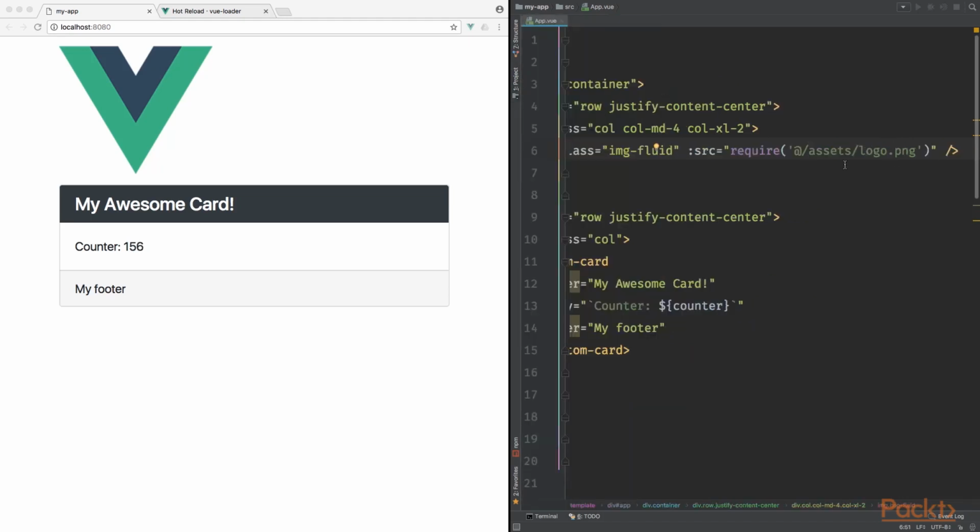And that's it. So now that we've learned how Webpack in combination with Vue-loader is working,